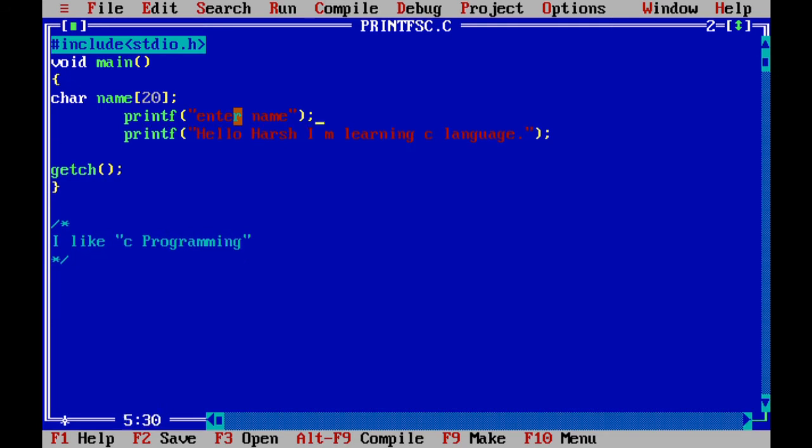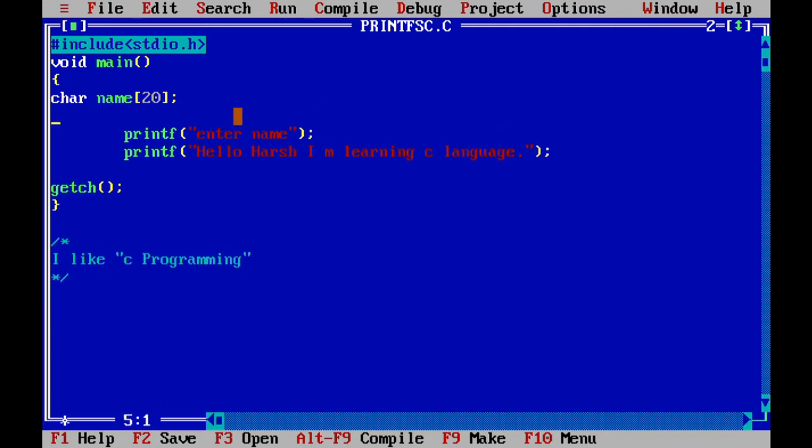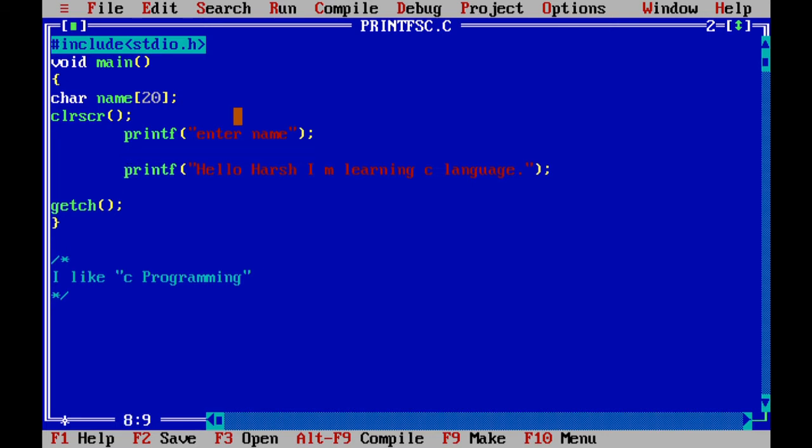First clear your screen so that all previous output will be removed from the screen. Just put the clrscr, and after that the user will enter the name and through the scanf I will read the data. So what do we use scanf for? It is used to read the data. It is an input statement. Now here I am going to read the name, which is a string.